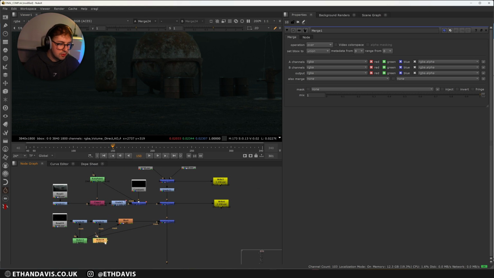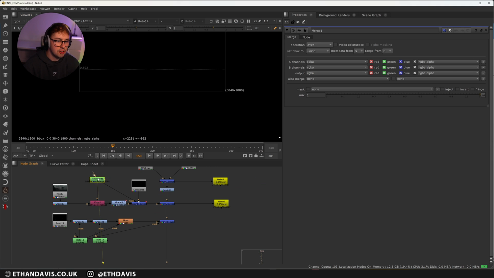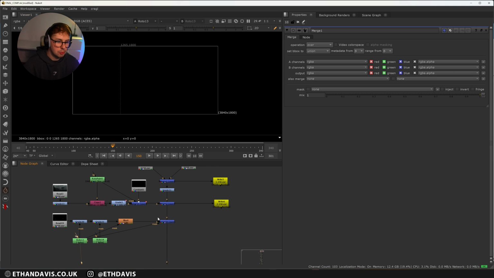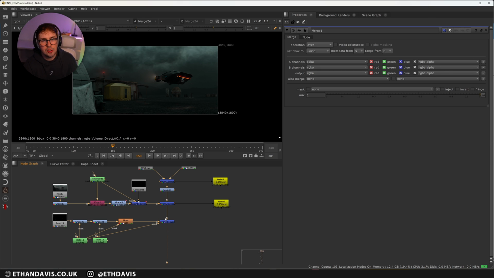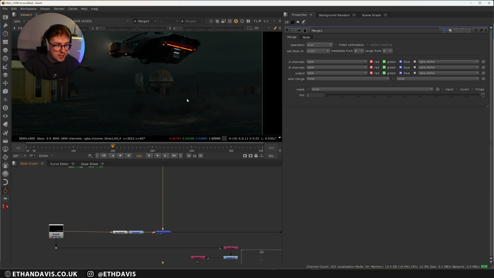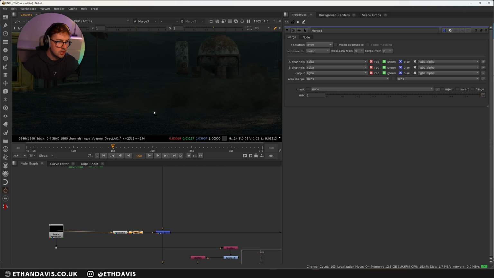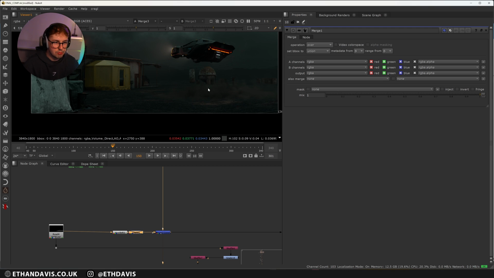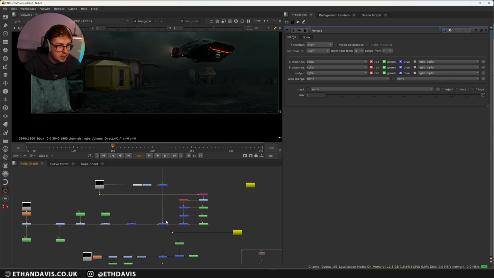Now, all these green nodes are me masking off where I want stuff to appear or where I don't want stuff to appear. Obviously, I could do a crypto map, but I just ended up rotoing a lot of the stuff. From there, I added in my smoke layer. Again, just doing an over. And then I also tried to match the color with the scene a little bit better. It was a bit too orange. So I desaturated it and made it a little bit darker just so it fit in the scene a little bit better. And then this is where I started adding in my rain.